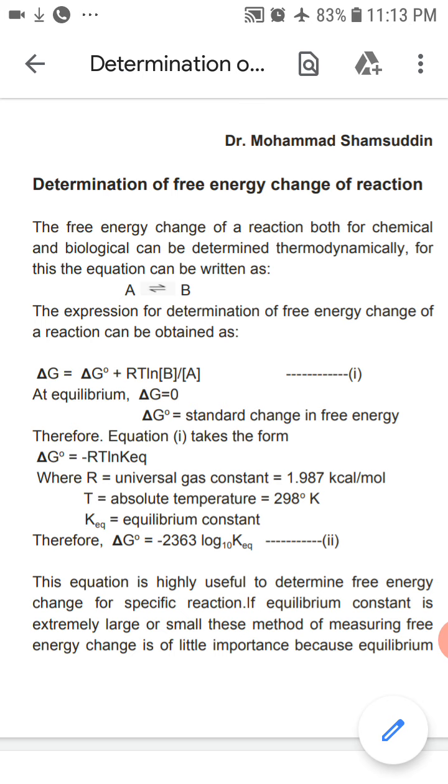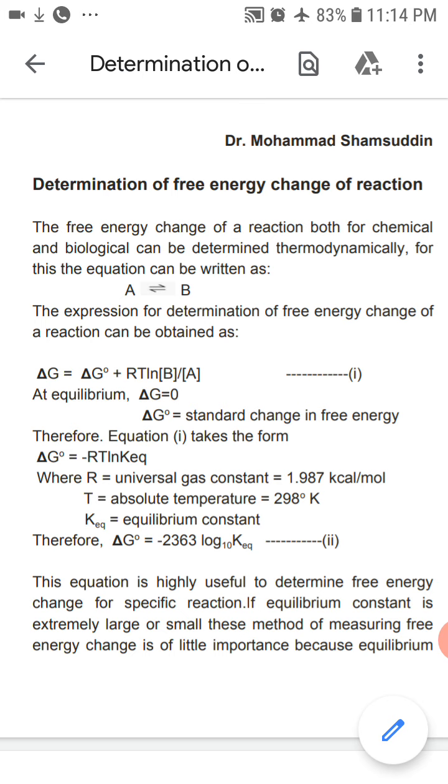The expression for determination of free energy change of a reaction can be obtained as delta G is equal to delta G naught plus RT ln B by A, where delta G is free energy change or Gibbs free energy change of a reaction, delta G naught is standard free energy change, R is universal gas constant, T is temperature in degree Kelvin,